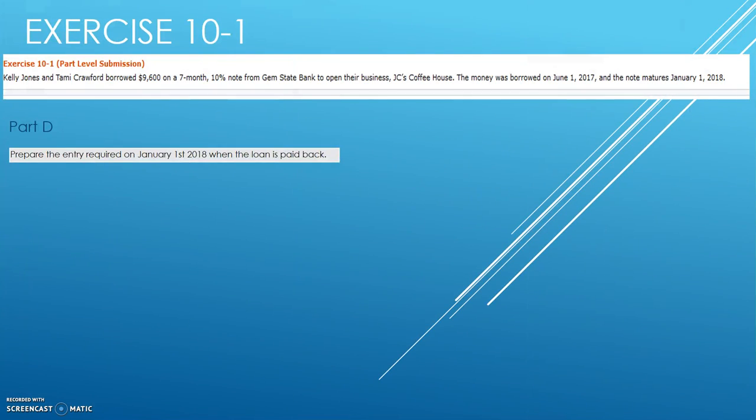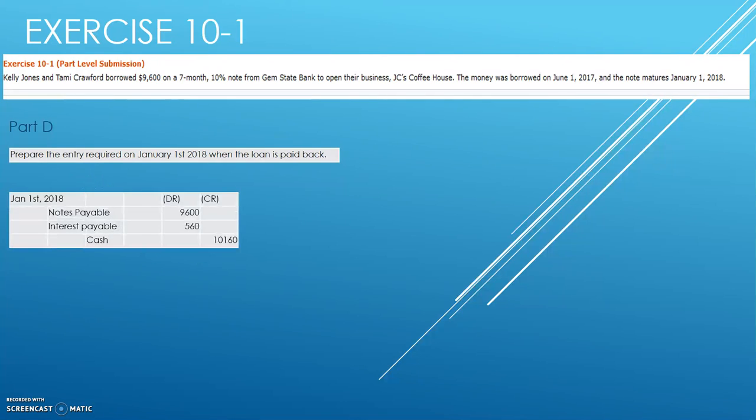And Part D. Part D says to prepare the entry required on January 1st, 2018 when the loan is paid back. So here we're going to need to have a couple things. We're going to need the date, January 1st, 2018. We're going to debit notes payable, therefore paying the payable off our books. And we're going to debit interest payable, taking that money and removing that from the books as well by paying in cash, or crediting, if you will,